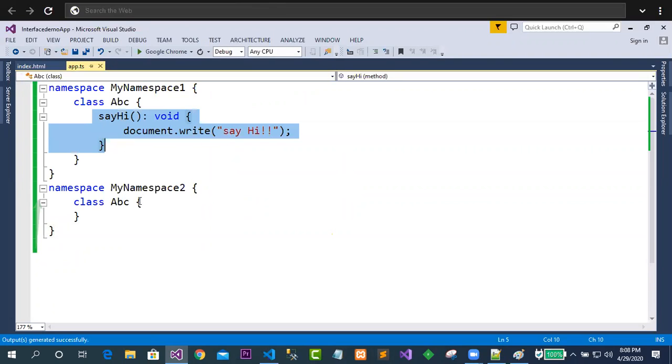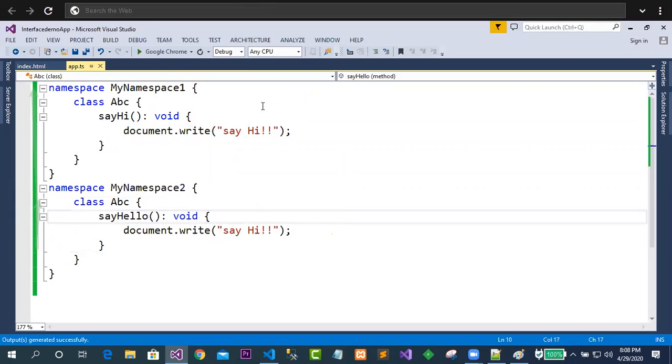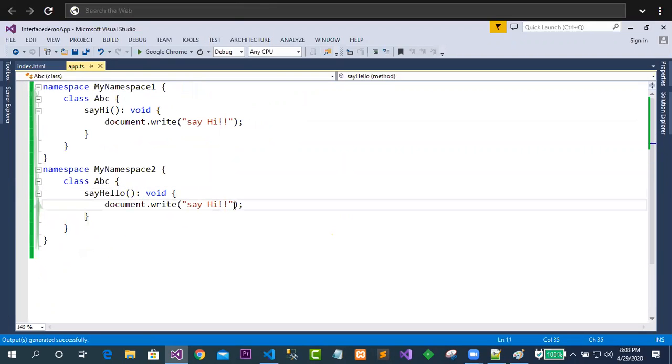Now let me define one more method here, this one is hello. Clear? So now my requirement is this is say hello. Now just try to observe. This is a namespace, and this is a namespace, and both the namespace names are different, but the class names are the same.